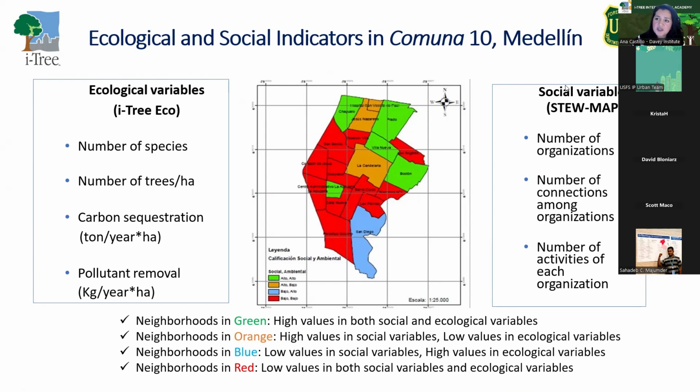So actually, Krista is involved in StuMap to some extent. So if you have questions about that, she's a great resource. But she combined these different pieces of information to create this analysis looking at neighborhoods in Medellin in Colombia,